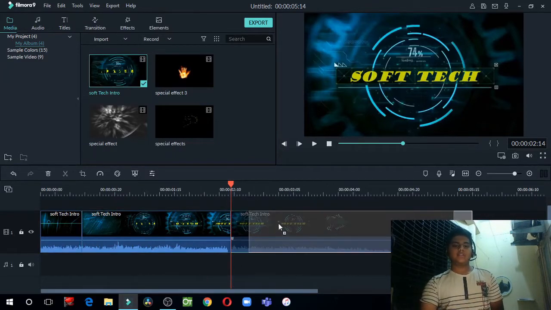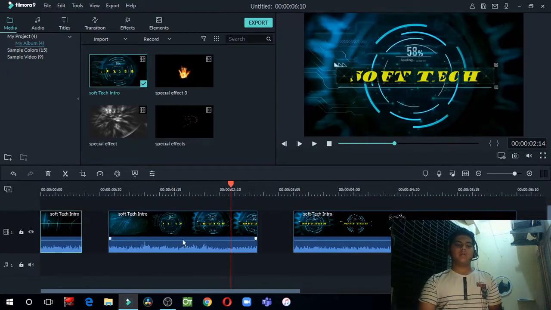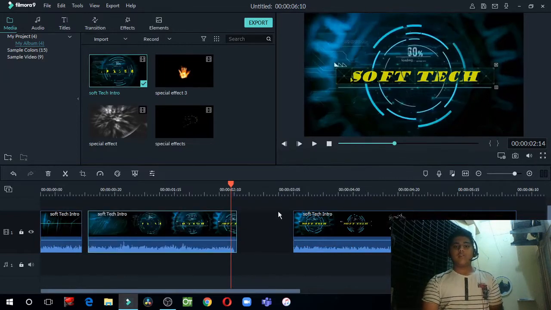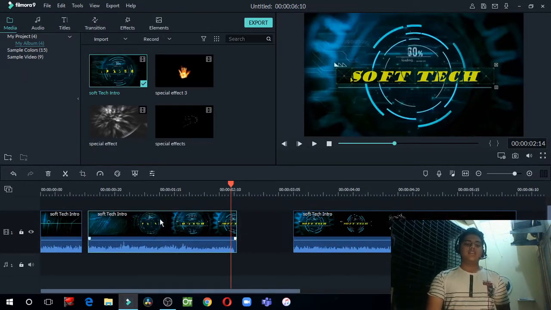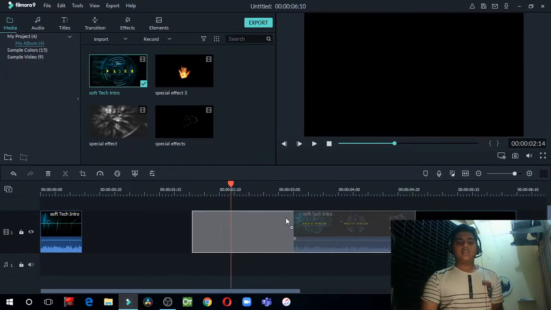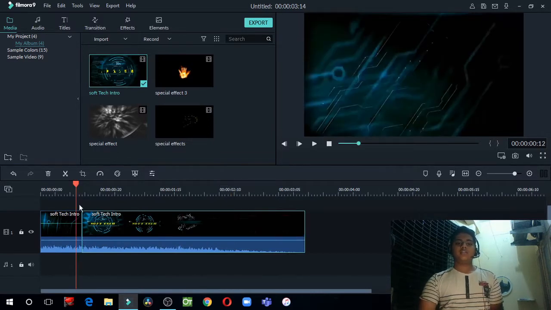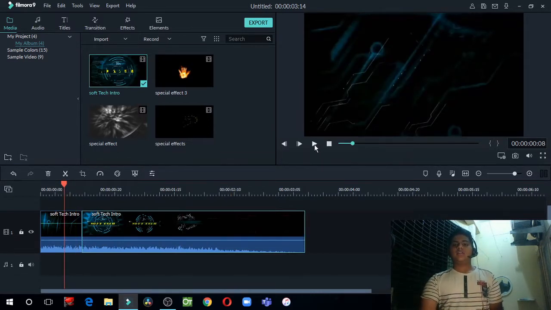Now as you can see, this part is split up, this part is split up, and this part is split up. Now I want to delete this part. That is very easy, just click it, click this slide and click delete. That thing gets deleted, and you can again drag this down to match our timeline. Now as you can see, the transition in this text has gone.